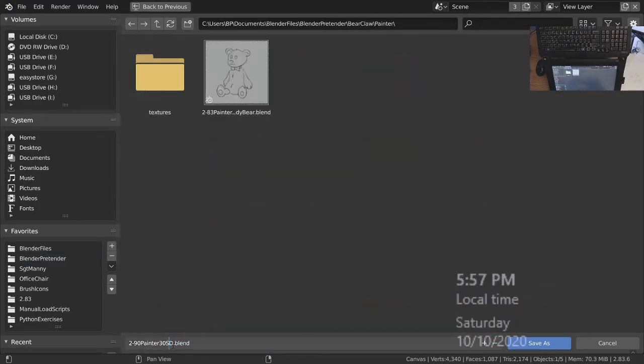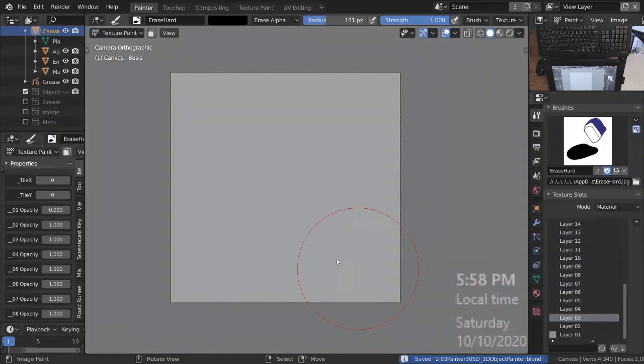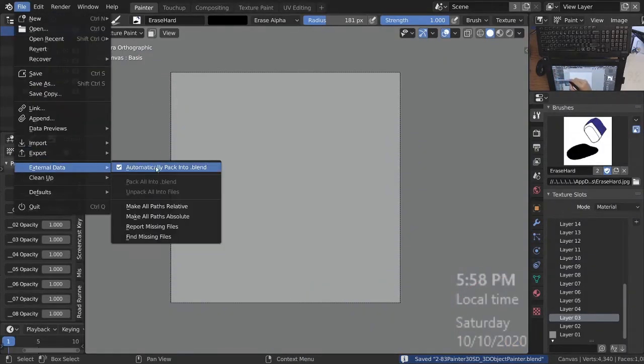And then here I'm going to call it, I'm just going to call it, see if I can put something that I'll remember, object painter. Or maybe, yeah, object. I'll add a little 3D. So I'm going to be working on this in 3D. Hopefully not in both. It would be both combined. It's not completely 3D. So 283 object painter, Blender, save as, file, external data,